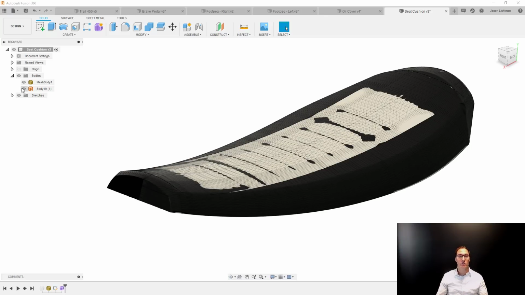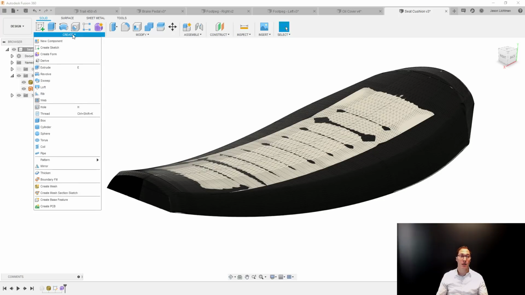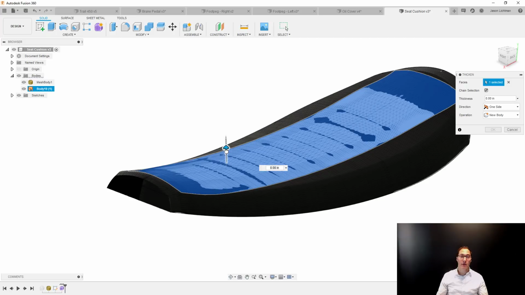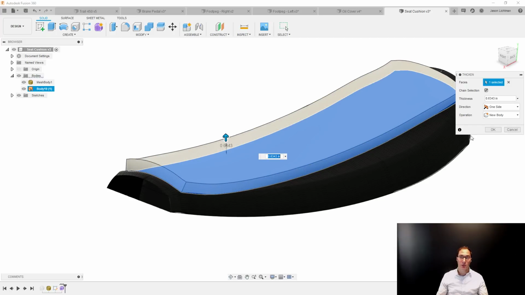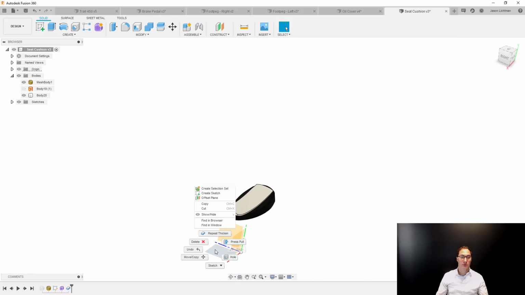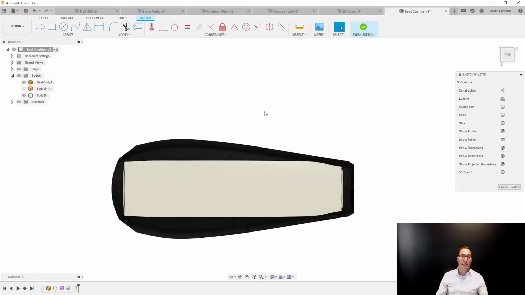And I could take that surface and I could use my traditional modeling techniques, like say I want to thicken that surface, give it whatever thickness I want. In this case, maybe let's say 1/2 inch. Oh, too many decimal places. 1/2 inch. Then I could go and using my normal traditional modeling techniques, I can come in here and draw